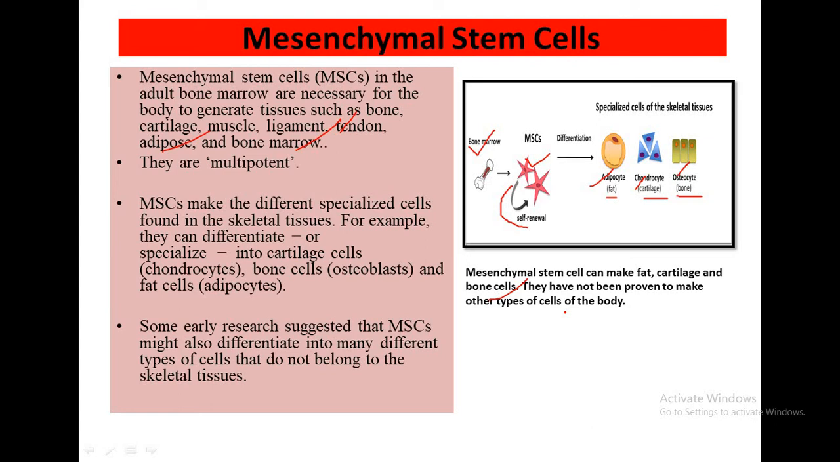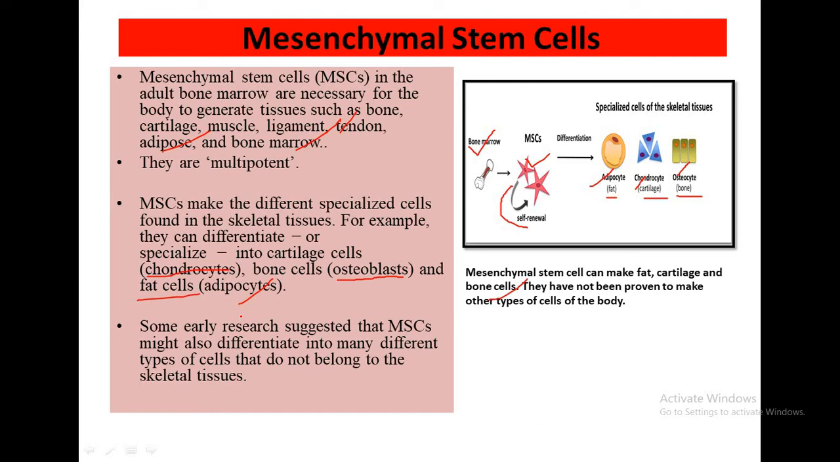For example, they can differentiate or specialize into cartilage cells. We have already seen this in the picture. So, cartilage cells are the chondrocyte cells, bone cells are the osteoblast cells, and the fat cell is the adipocyte cell. So, these specialized cells each have their own characteristic shape, structure and functions, and each belongs in a